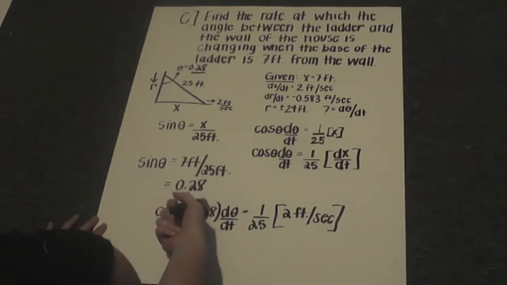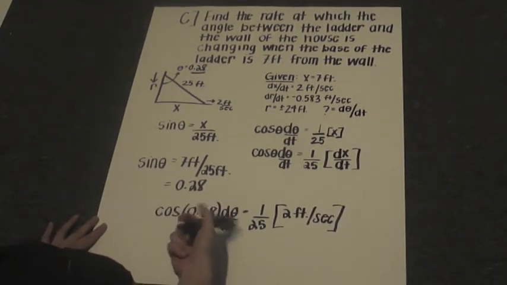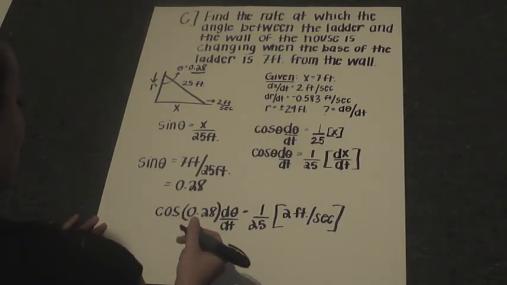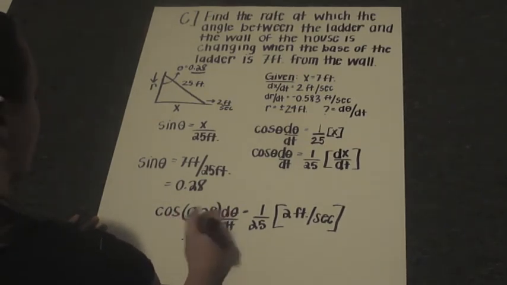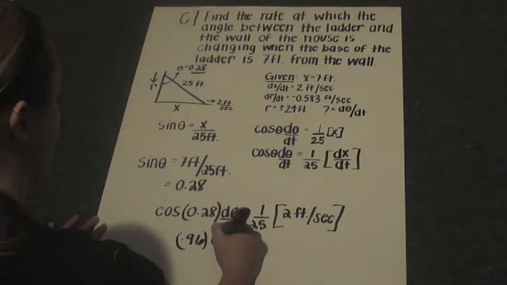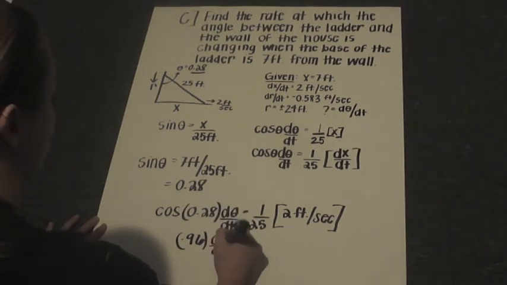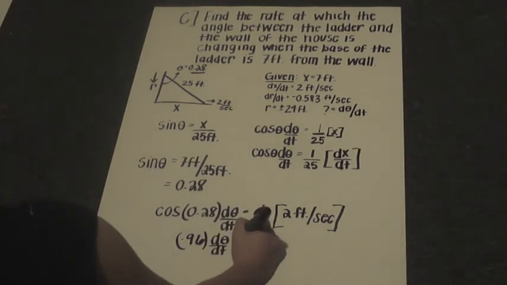So cosine of 0.28 when plugged into the calculator is 0.96 d theta/dt, which is equal to